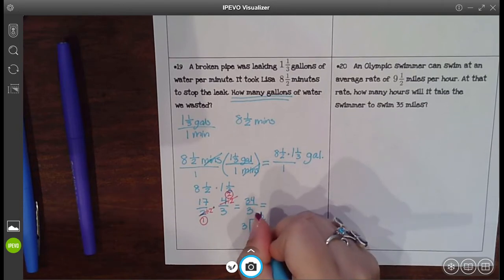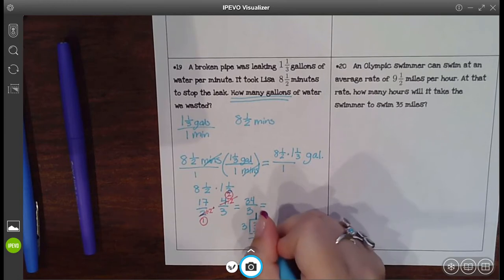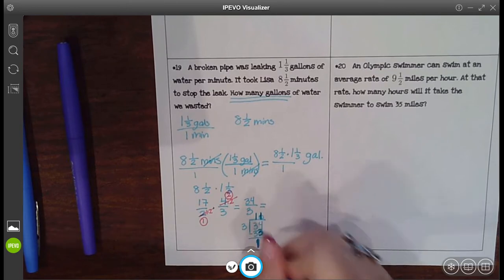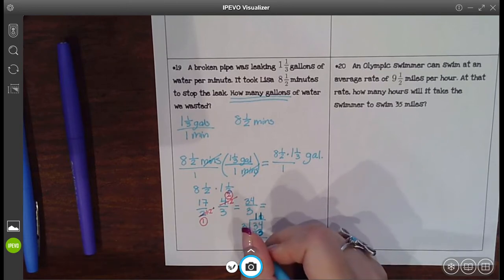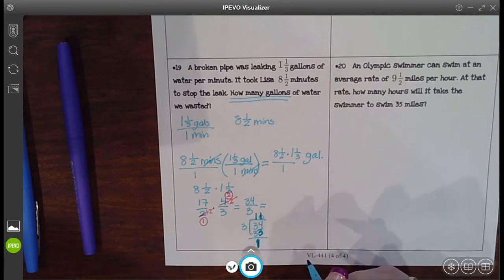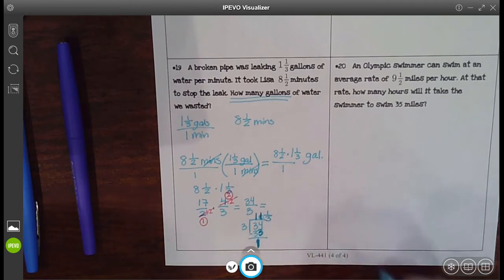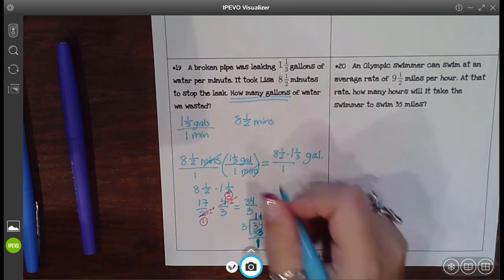11 times 3 is 33. Now when you subtract that, 34 minus 33 is 1. That remainder is less than what I divided by. So then I know I'm actually good. Okay, so I'm going to put my remainder over what I divided by. So my final answer is